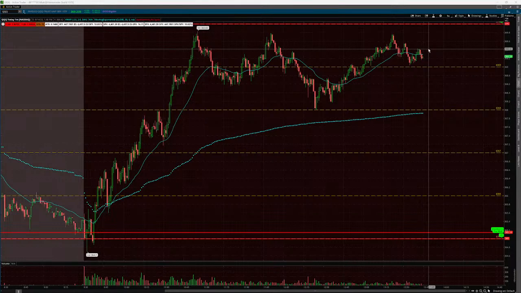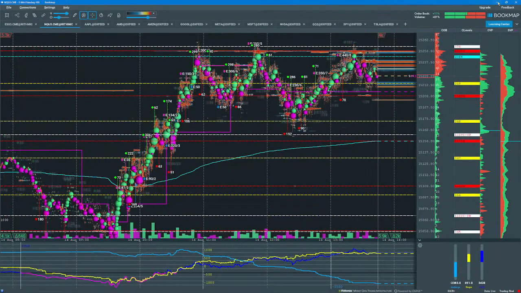So the 365 and the 370 level, 365 put wall acting as support as expected, doing its job, and then the 370 is the next target above, the absolute gamma strike. All right, so the